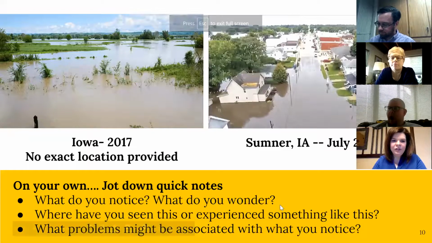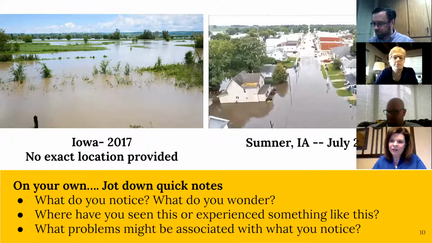Yeah, so we're actually going to have you go through and engage in the anchoring phenomena that we have here. If you have a sheet of paper near you or somewhere to jot notes on your computer, I'm going to give you a couple of minutes just to take a look at our anchoring phenomena. So at the bottom, I've just got some quick things.